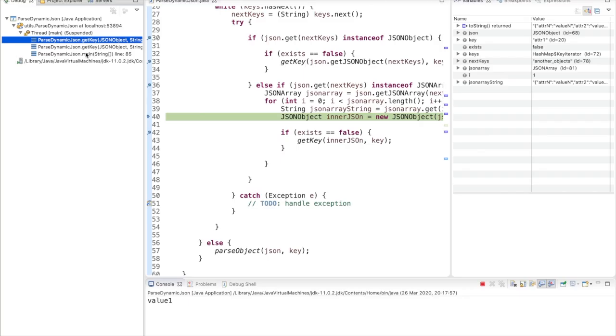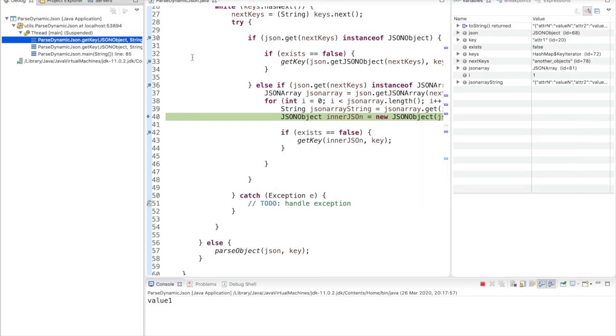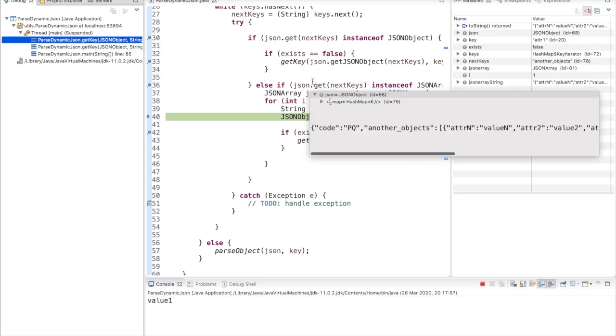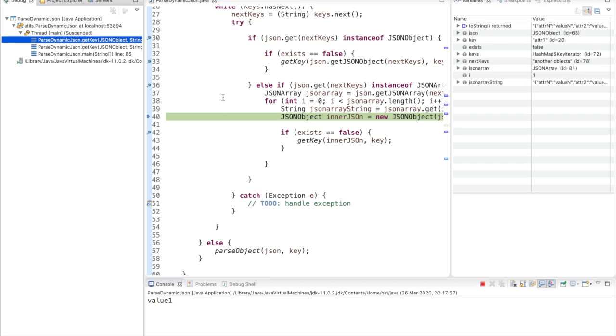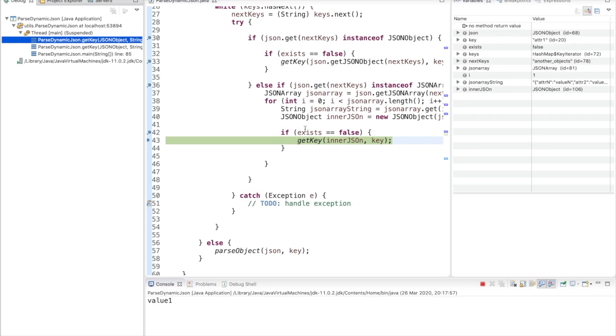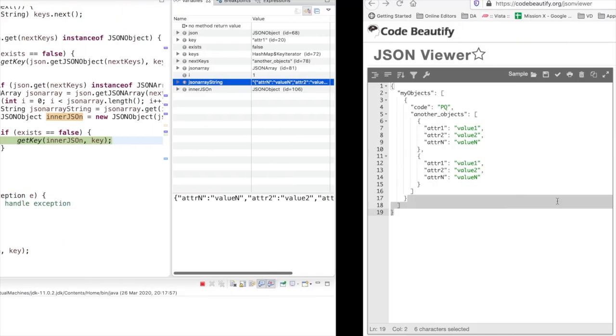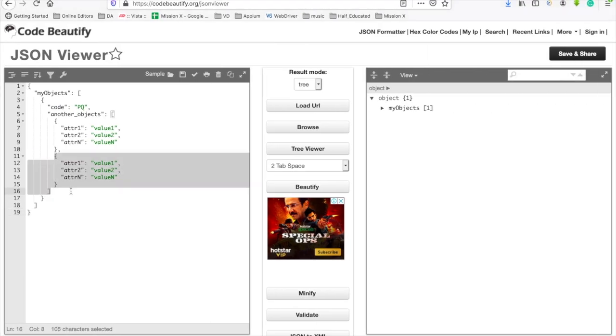That's why multiple stacks are created, and we have to complete the iteration in all the stacks. So this is how recursive code works. Now again it is going to check the condition and again get a key. In this iteration this condition is satisfied. So now my inner JSON is this one, which is value 2. This is for this one, and we are getting one more value.